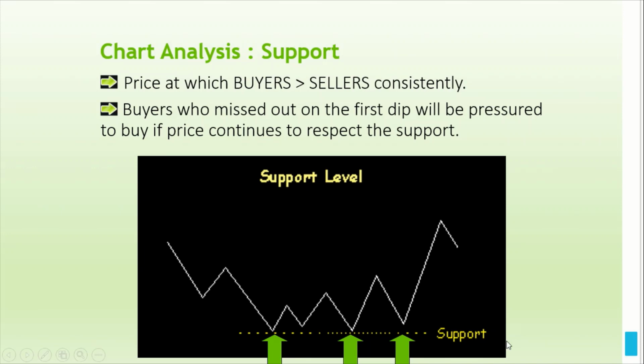So, ibig sabihin, kung nakikita nyo, these are three confirmations that this is really the lowest price that the buyers can push the price. So, ibig sabihin, once confirm siya dito sa support level, at this point lang dapat ka bibili. Okay? So, you have to trade within this support line or else